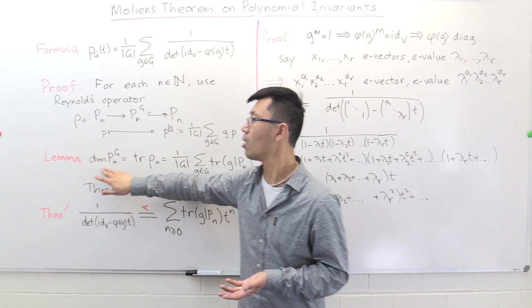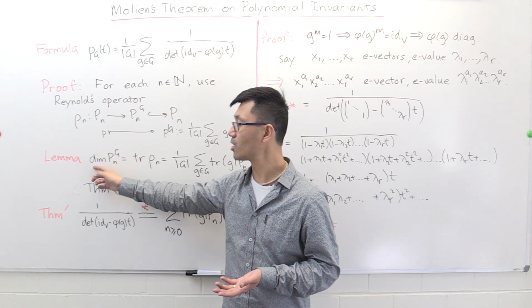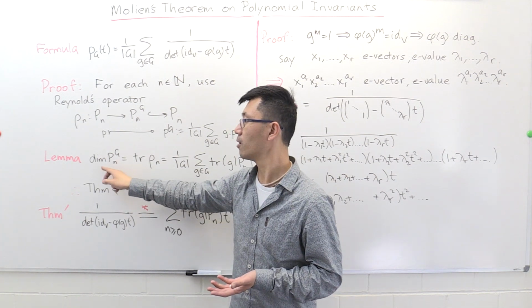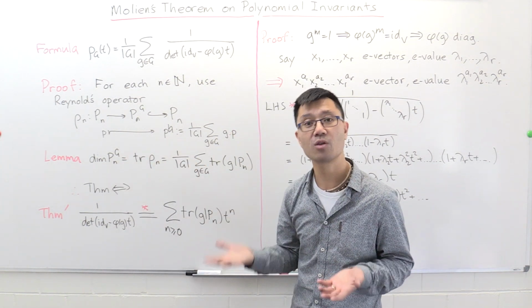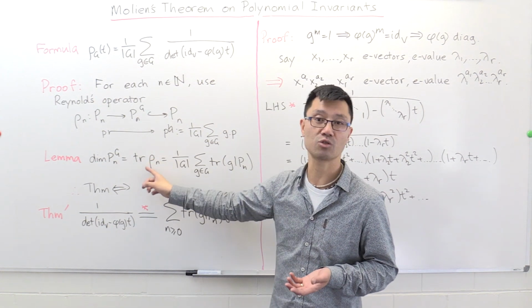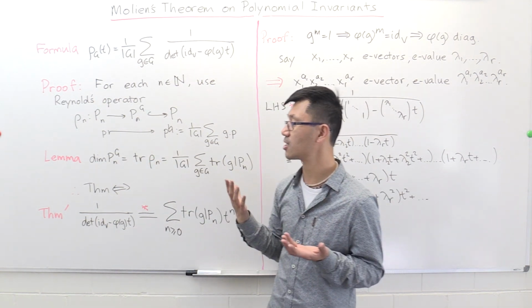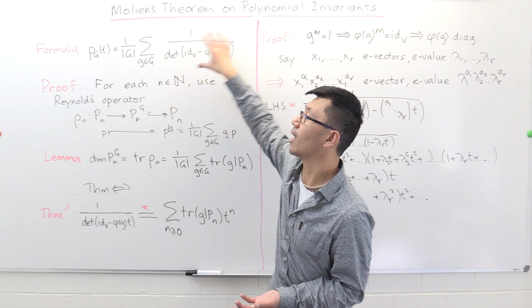Okay, so what is the sum of the traces here? It's just going to be the dimension of this, which sums up all the 1s. So the sum of all the eigenvalues which equal 1, and the only other eigenvalue is 0. That's of course the sum of the eigenvalues, and that's of course the trace of that matrix, the trace of rho n. So that's very easy to see, and that allows us to use the Reynolds operator to look at this